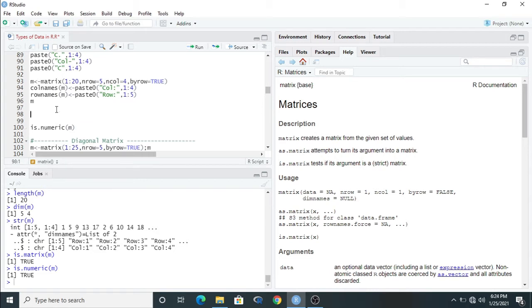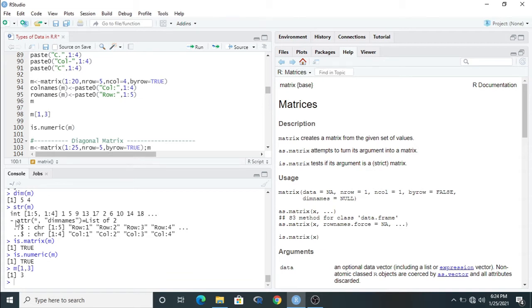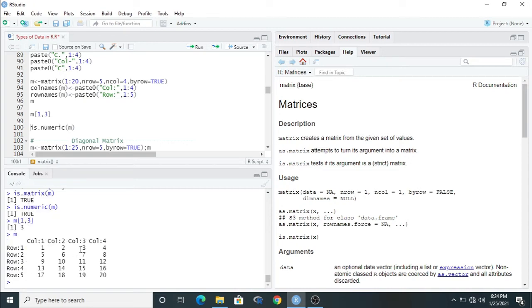Now we want to extract something from the matrix. If we want to extract something from the matrix, then the same way we did for the vector, we have to put the square bracket, then inside the square bracket we have to put the position. But remember one thing, in case of a matrix there are 2 positions we have to put. One is for row, one is for column. Suppose I put first one for row, second one for column. It indicates the first row and third column of the matrix. So the first row and third column of the matrix is 3. Just look at this, the first row and third column of the matrix is 3 here.